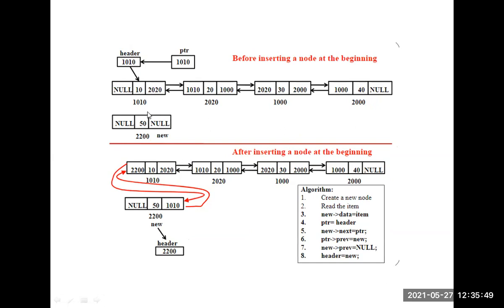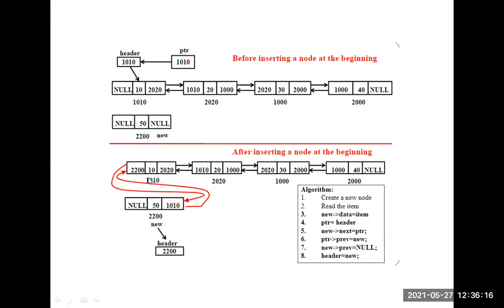So here, what we have to do is temp of right link equal to header, or first. You can take it as header or first. If you store this address here, then what is this address name?